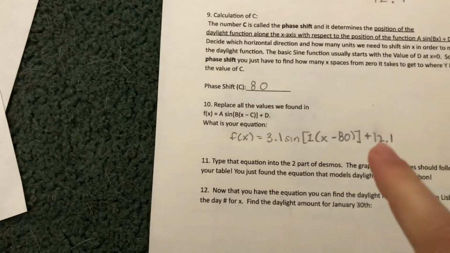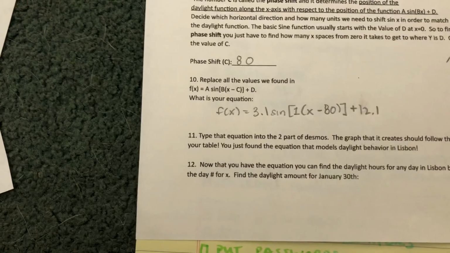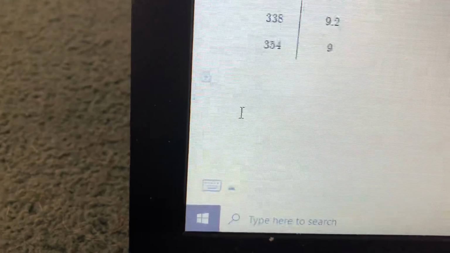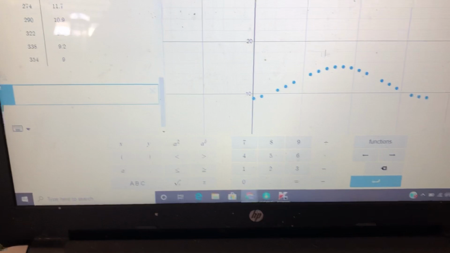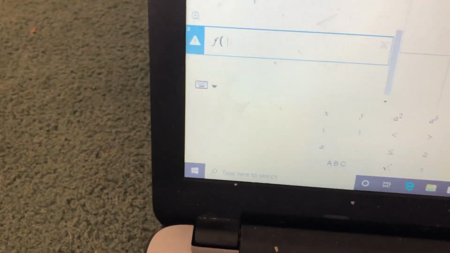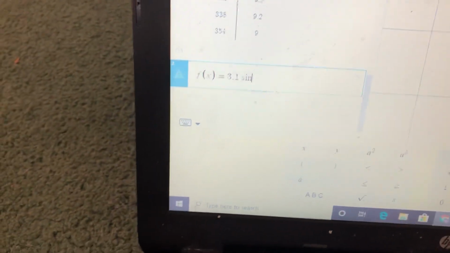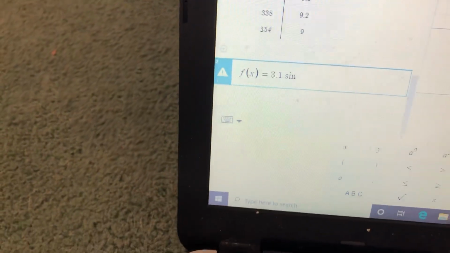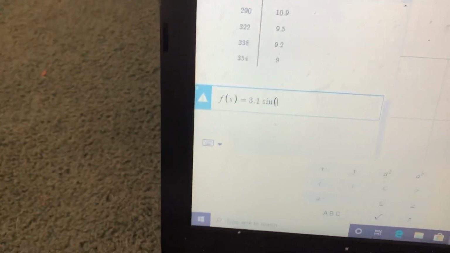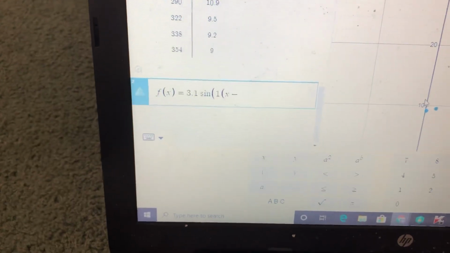So now what we're going to do is type this equation into Desmos on that second line. See how it says 2? We're going to type it right there and see if that equation makes a line that follows these dots. So we want f of x equals 3.1 sine, and then I want parentheses 1 parentheses x minus